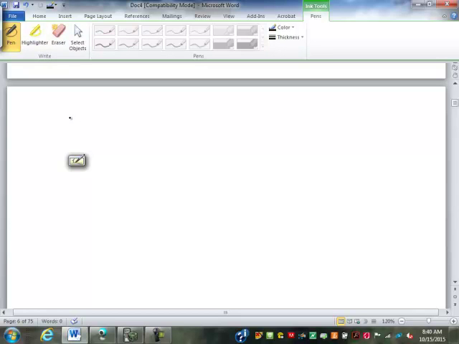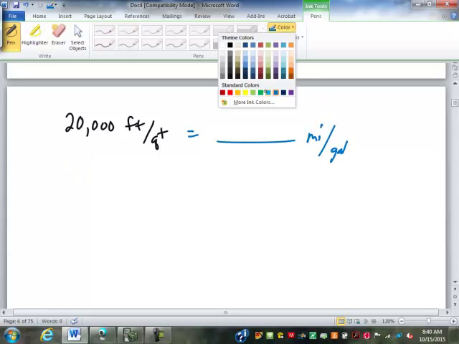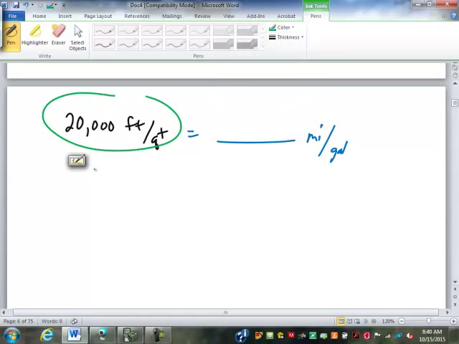Let's say you're getting, this is kind of absurd, but say you're getting 20,000 feet per quart as your gas mileage on your car. I don't know why they would give it that way, but you want that converted into miles per gallon. So whenever you see something like this, 20,000 feet per quart,